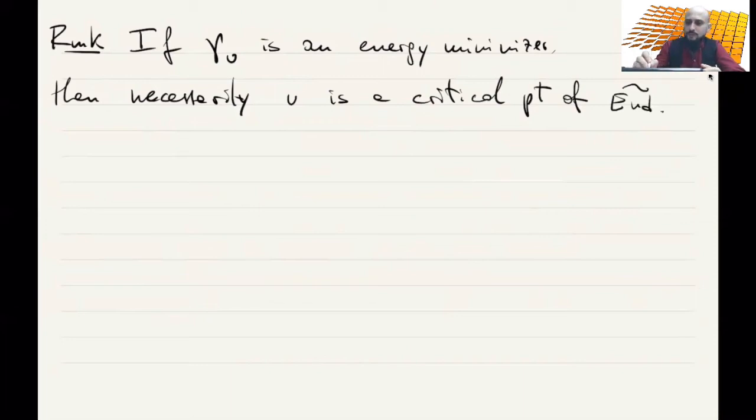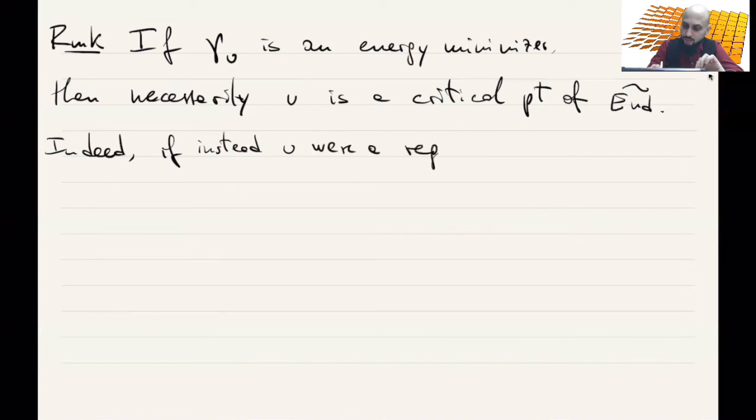First of all, believe me for the moment that the endpoint map is a smooth map. So by contradiction, if instead you were a regular point for the extended endpoint map,